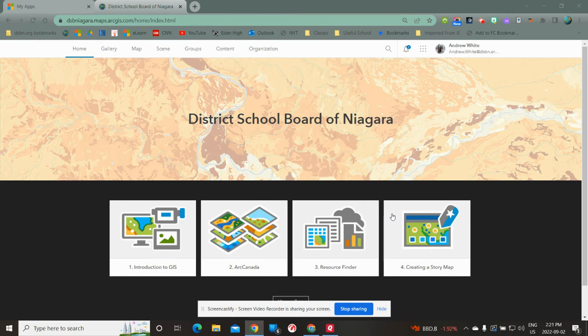This is a great built-in app for the Esri collection of programs that allows you to take the maps that you've created in your map maker and create a presentation that easily embeds those maps and makes it interactive with the people viewing it. So what we want to do is click on the little waffle up